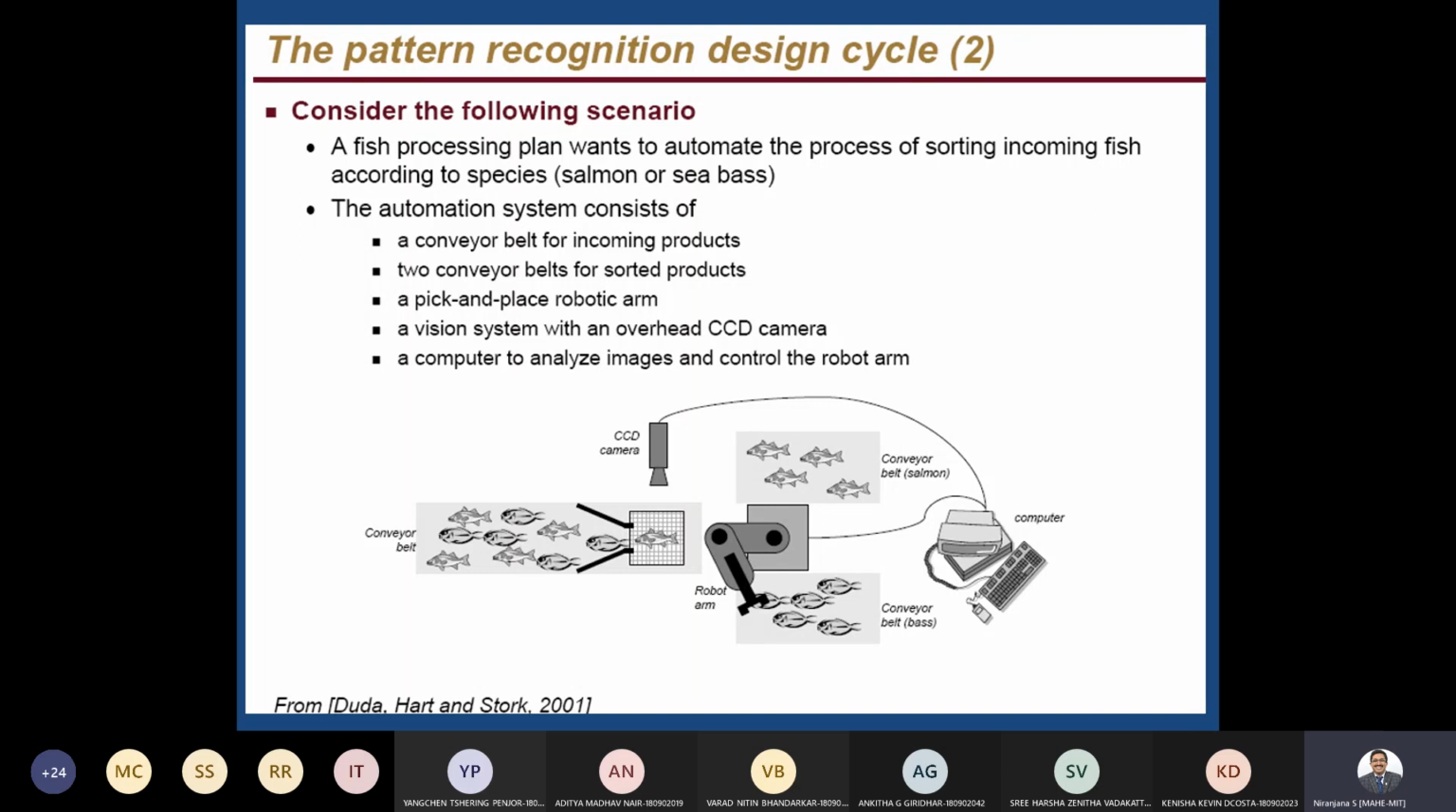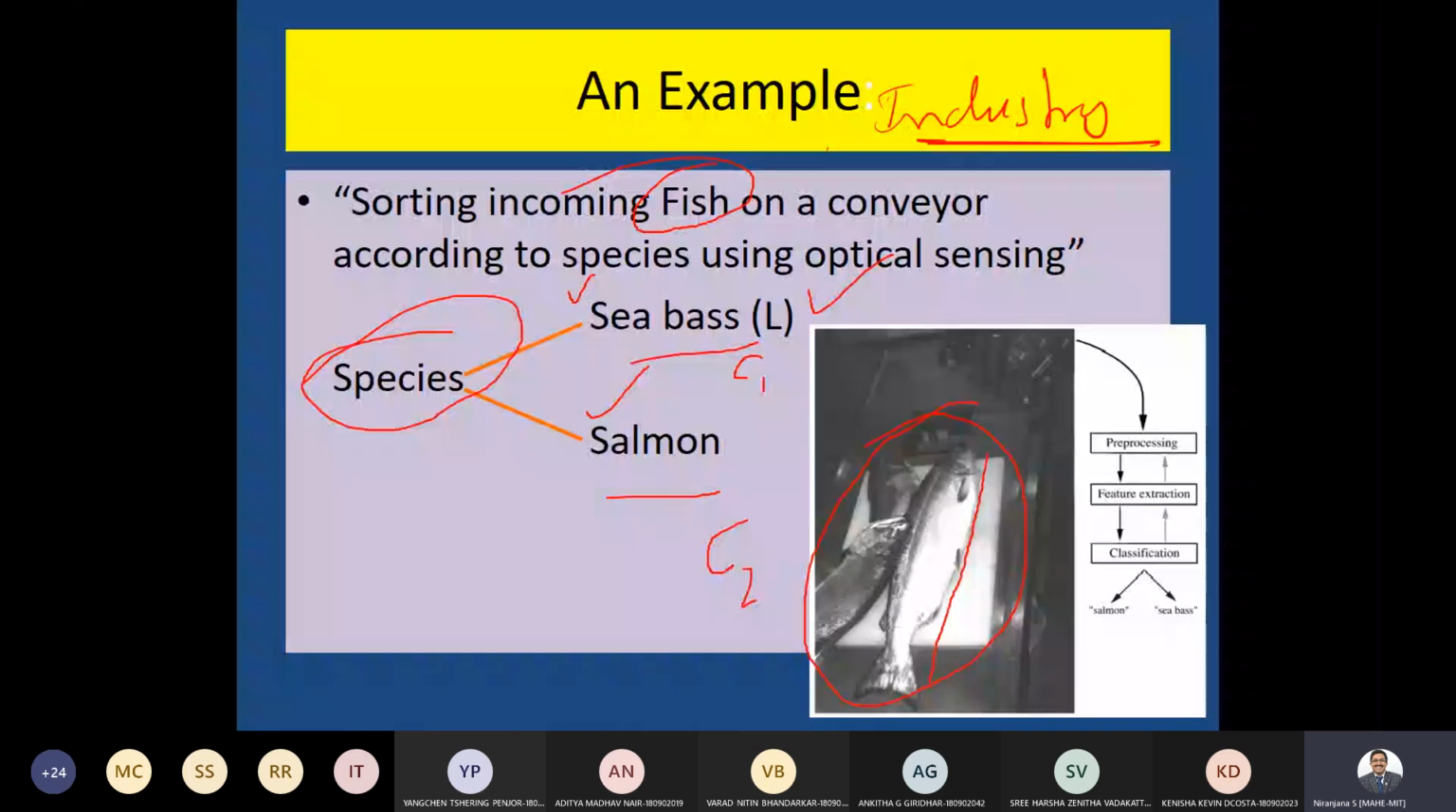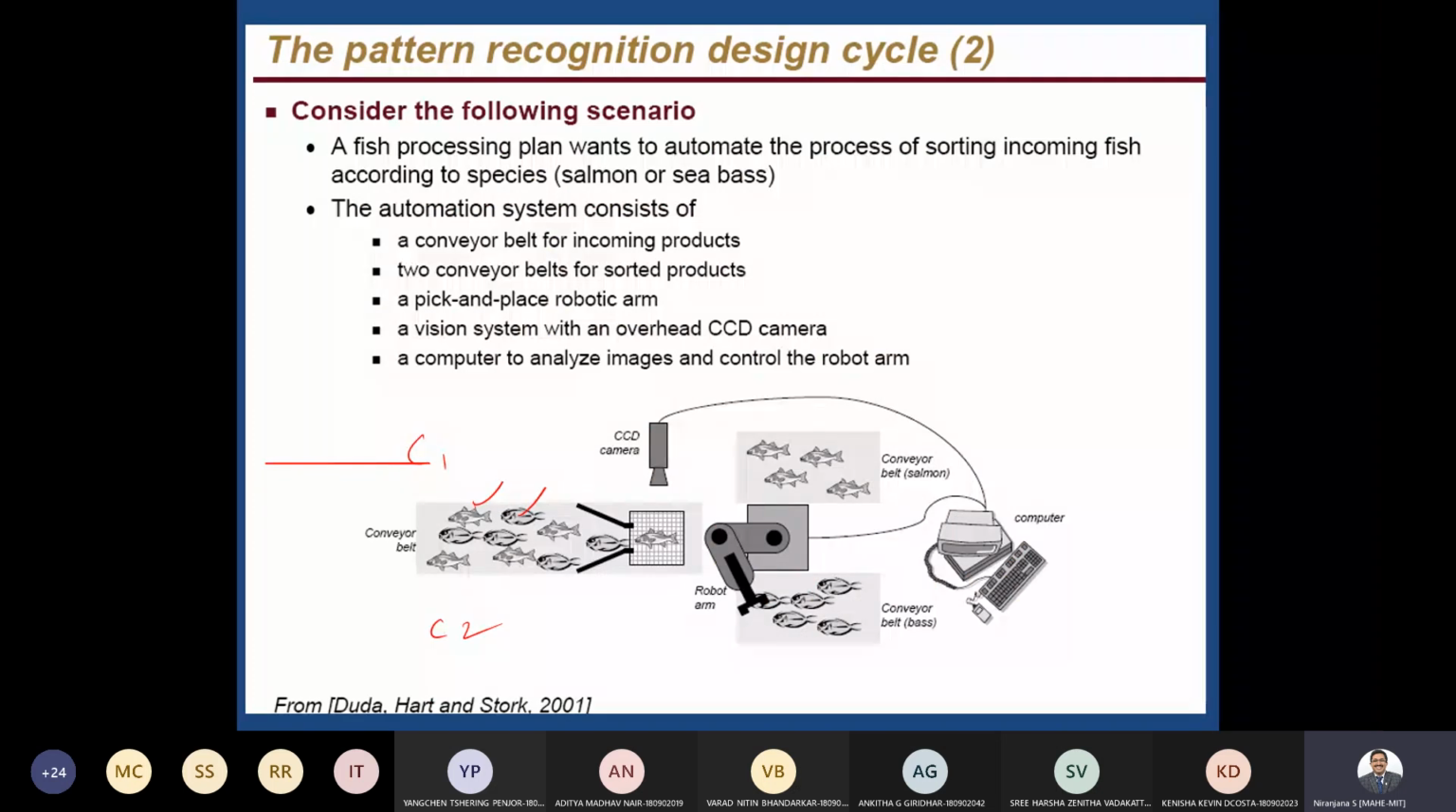Any doubt with the problem statement? The problem statement is talking about the arrival of fish on a conveyor belt. There are two varieties, two classes. Class 1 and class 2 are mixed up. So class 1 may be sea bass, class 2 is salmon. Now, having this on a conveyor belt, when it comes, a camera, such as a CCTV camera or whatever, can take a snapshot. And a computer which has your classifier or recognition algorithm,